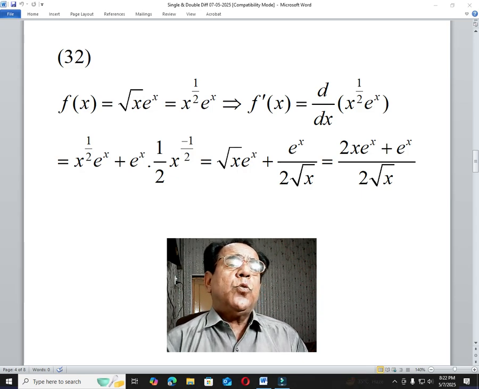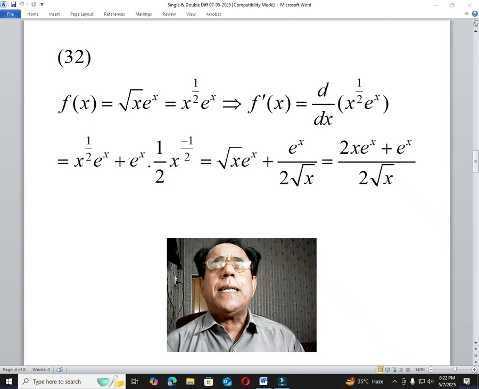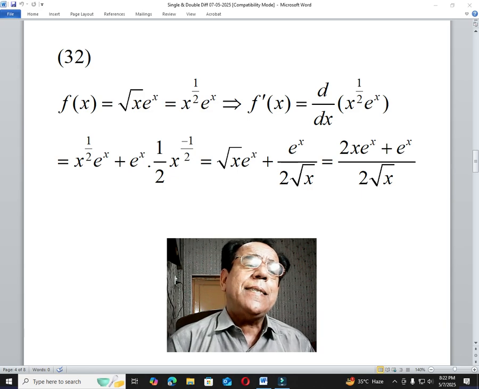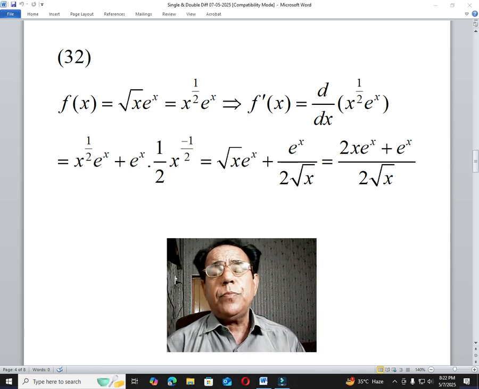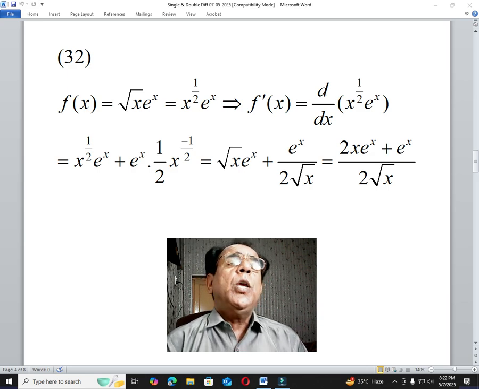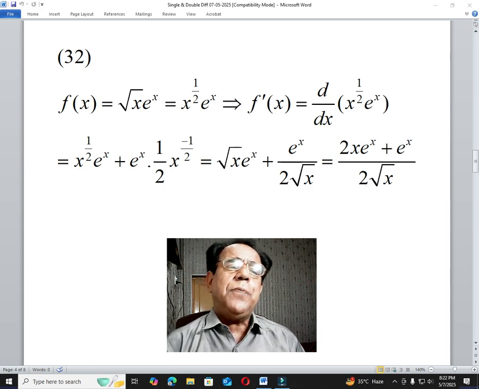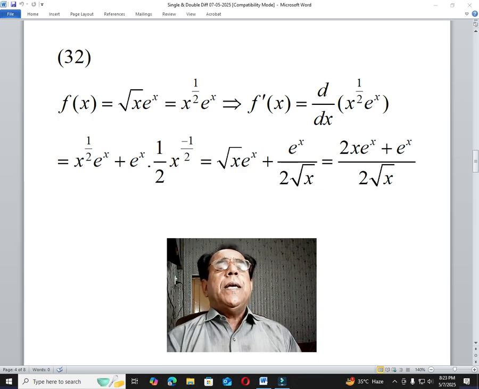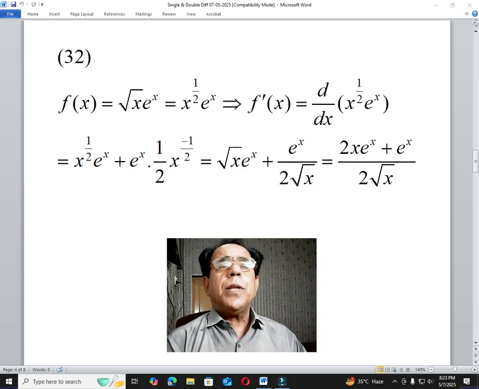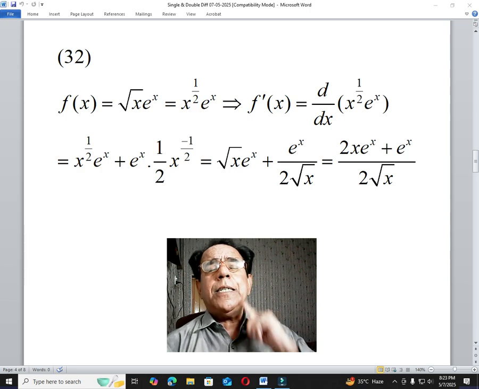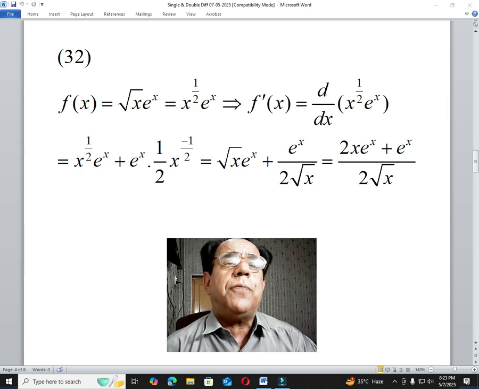Okay, so x raised to power 1 by 2 into e^x plus, second time we are keeping e raised to power x as constant, and we are going to differentiate x raised to power 1 by 2. How will it be differentiated? It will be differentiated using the power rule. According to the power rule, this power 1 by 2 will appear as a multiplying factor of x raised to power 1 by 2, and the power 1 by 2 will be reduced by one. So when 1 is subtracted from half, we get minus half,